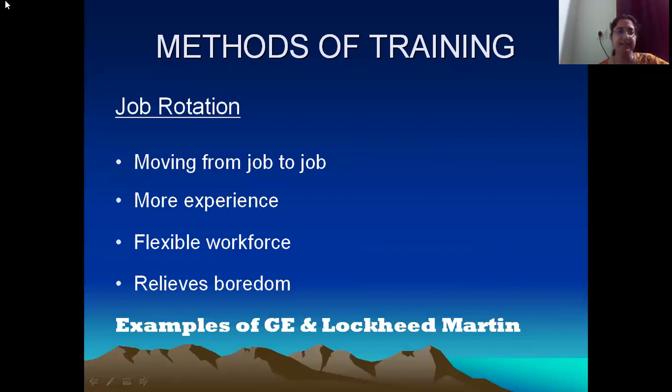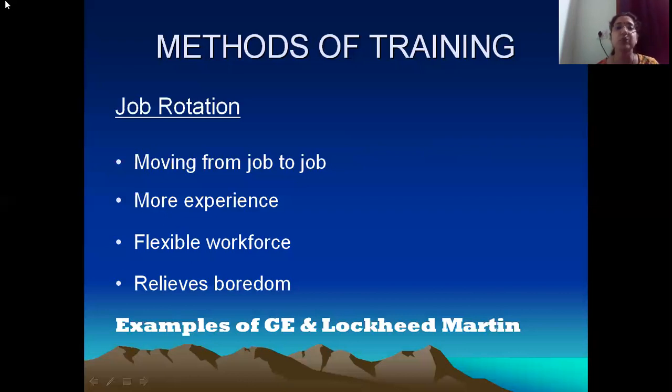Now, supposing they have to supervise in the shop floor where the production is actually happening. So they have to supervise the assembly line. They will have to supervise the painting. They will have to supervise the welding. They will have to supervise the inventories. They will have to supervise the purchase. All these things, the role of the supervisor entails.